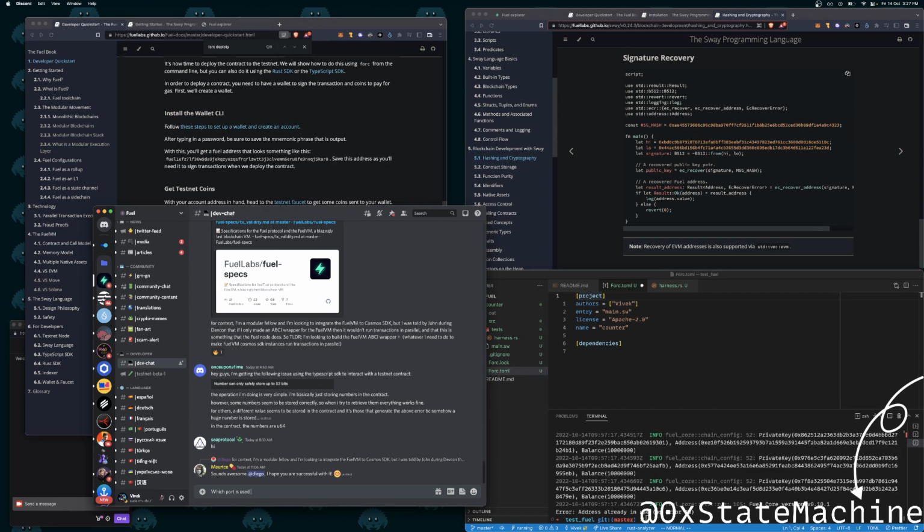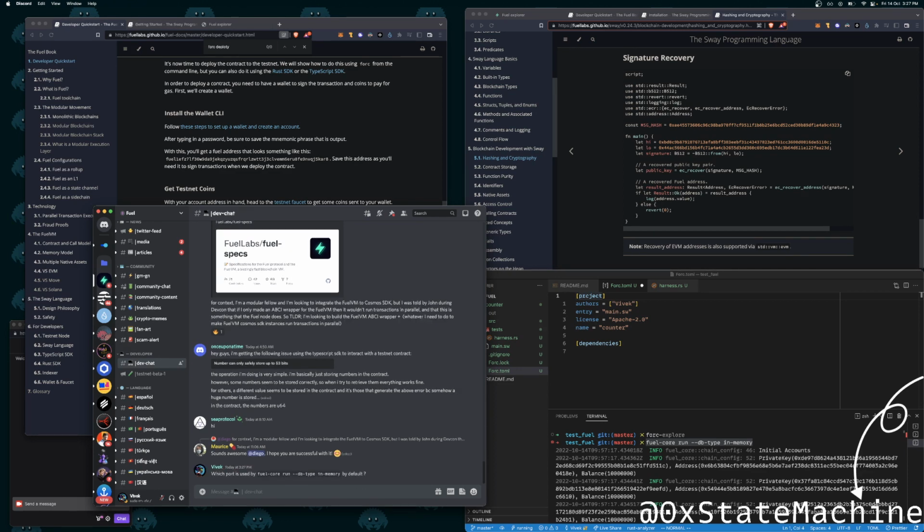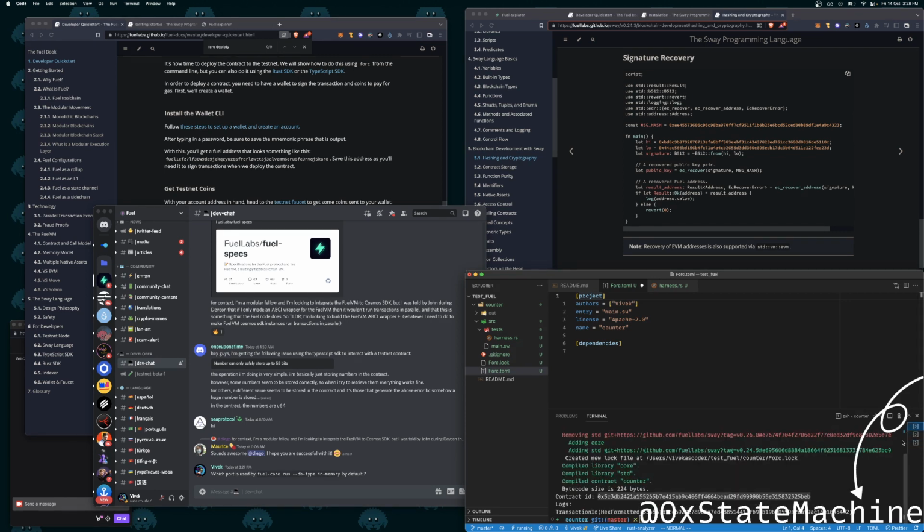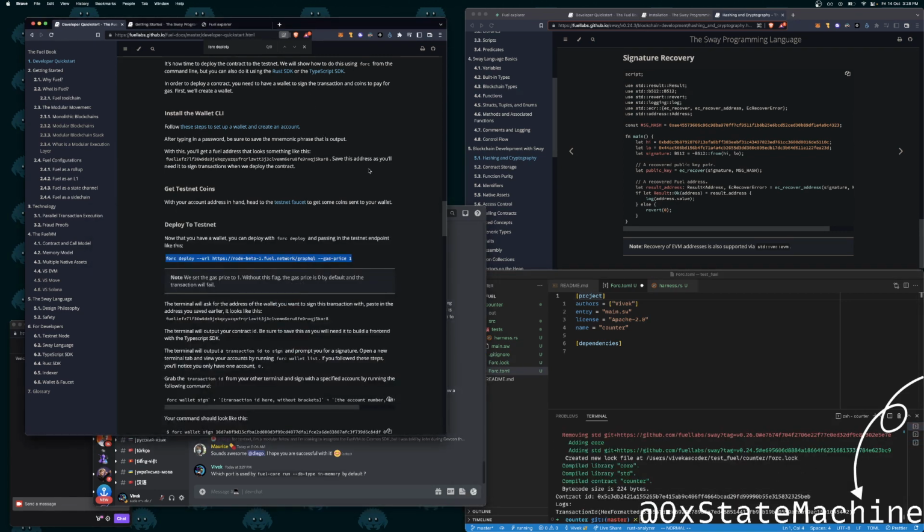Port is used by fuel. That's just fuel core start. Which port is used? Can you please tell me so that I can think about what is going on? I can actually directly check here. You can directly apply there. Oh, it makes sense. Let's do it.